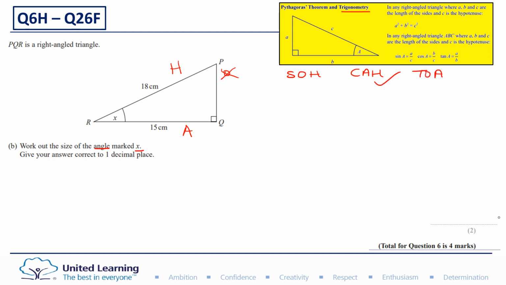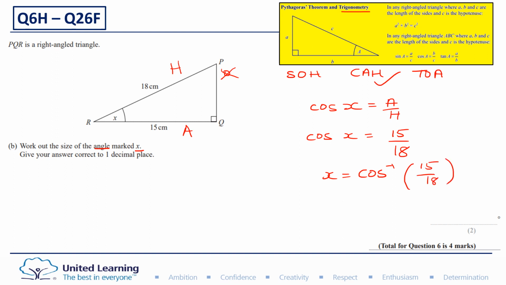So I know I'm using cosine. That's not enough to get your mark. We need to set up the equation correctly. So cosine of the angle is adjacent over hypotenuse. So for this question, that's cos of the angle is 15 over 18. I need to find the angle, so I need to use inverse cosine. Now I can type that into my calculator, and if we do inverse cosine of 15 over 18,